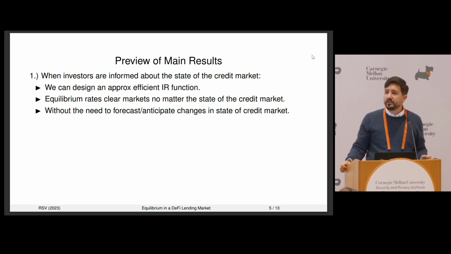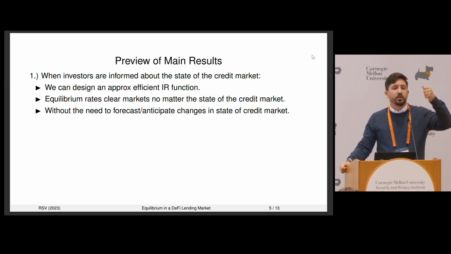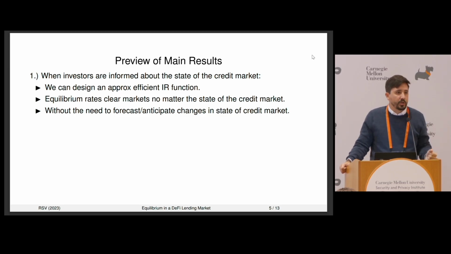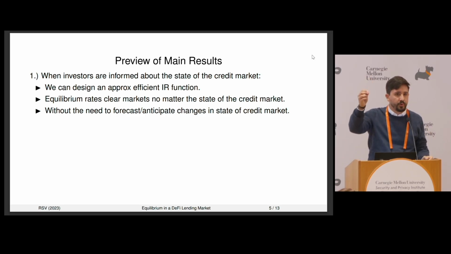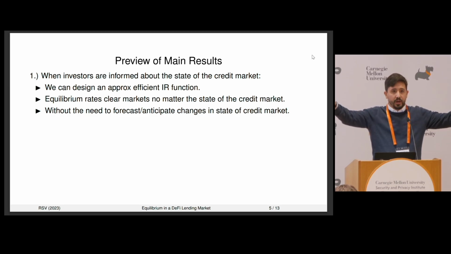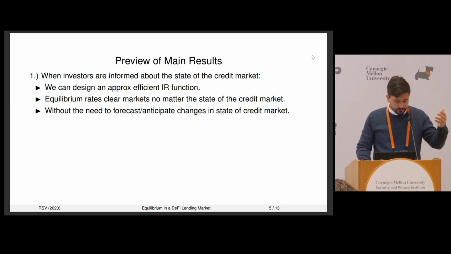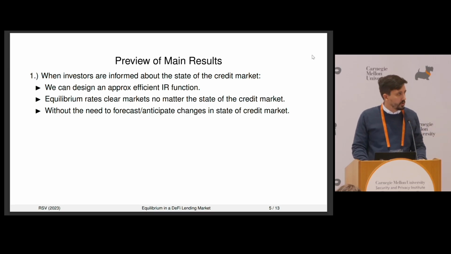So it's approximately efficient in the sense that the interest rate set by the platform in each period, no matter the state of the credit market, is going to be approximately market clearing, right? So when you think of an efficient competitive equilibrium that always sets market clearing rates, we can get arbitrarily close to that, even though we're setting this interest rate function at the inception of the smart contract, and we're never adjusting it and we're never updating it, and it only evolves as a function of utilization. So we were pretty surprised when we looked into this, but we also knew there must be some hard-coded inefficiencies.